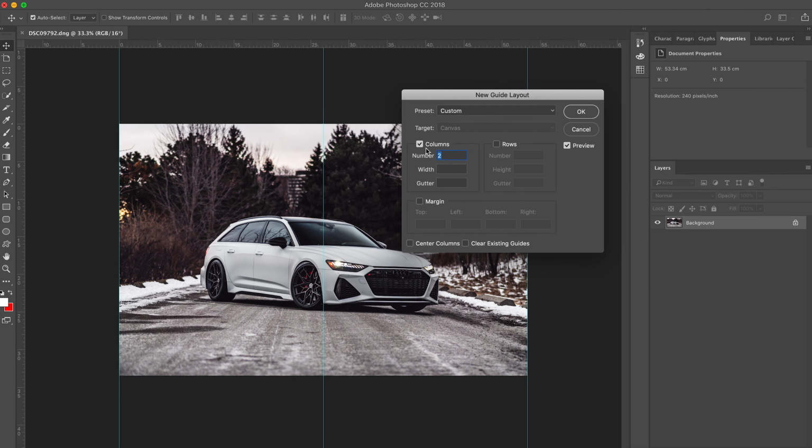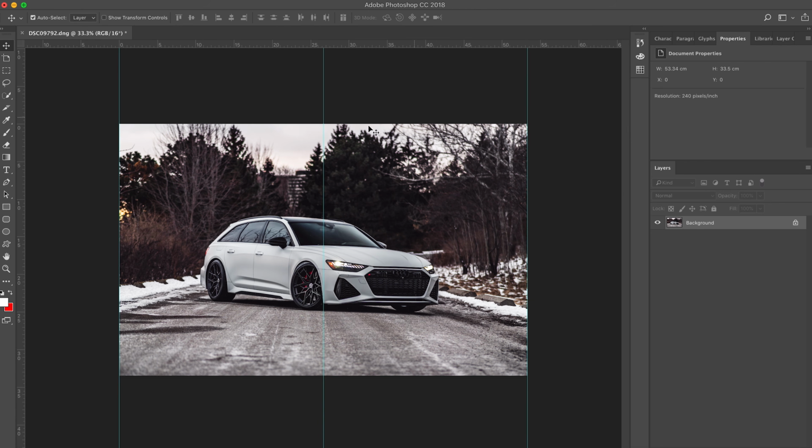Click columns, and you want 2. We want to slice it in half. It's not really slicing the picture, it's actually showing us where to slice it. You hit OK,